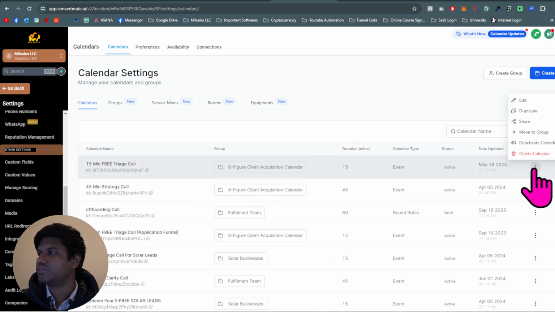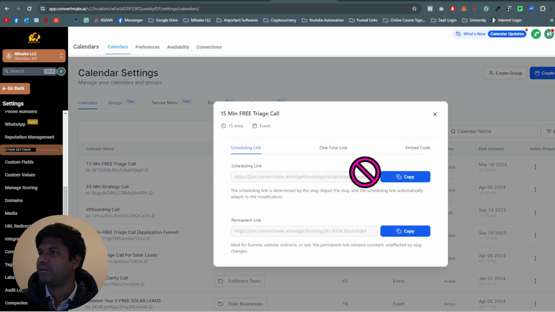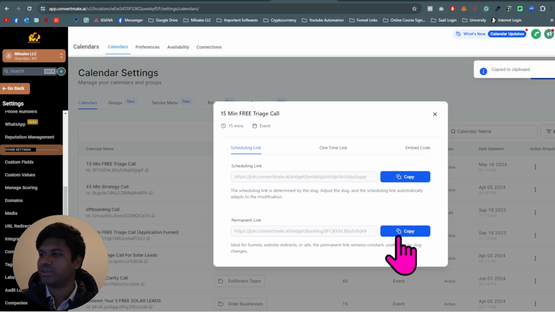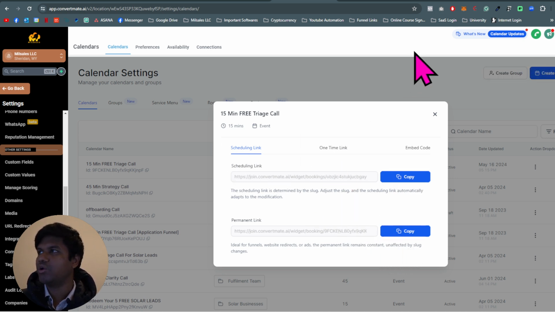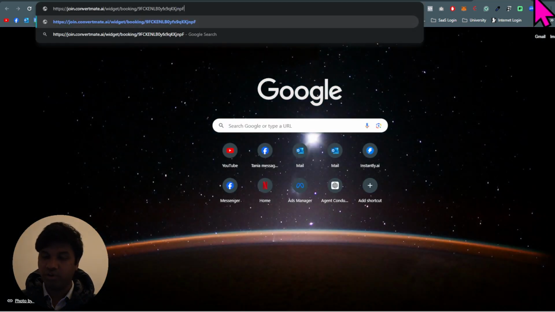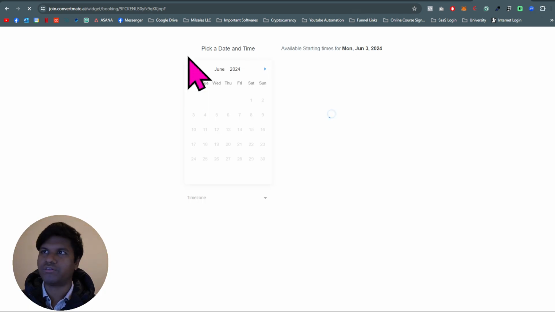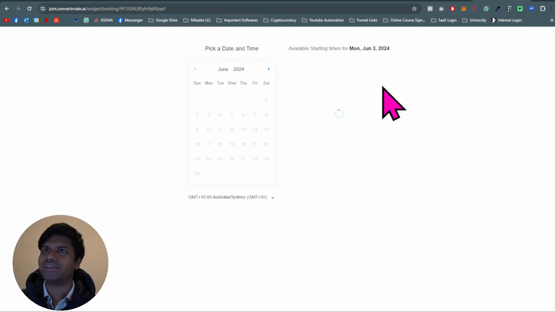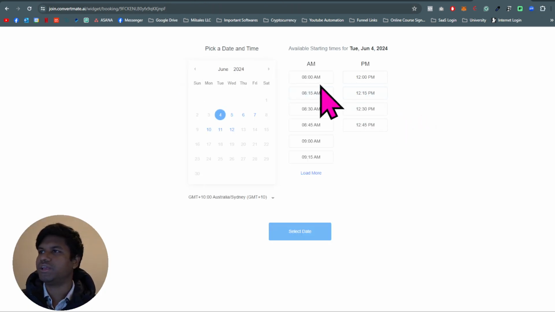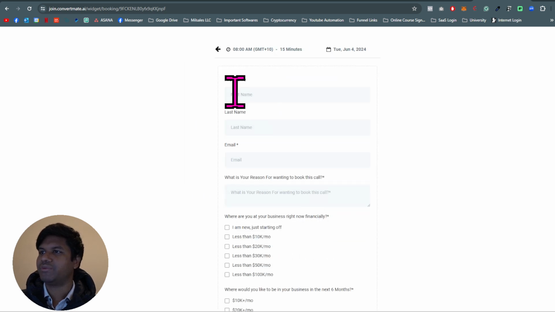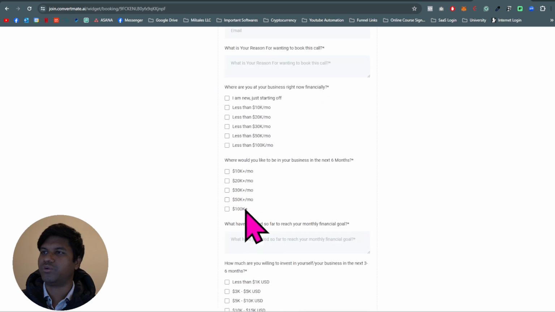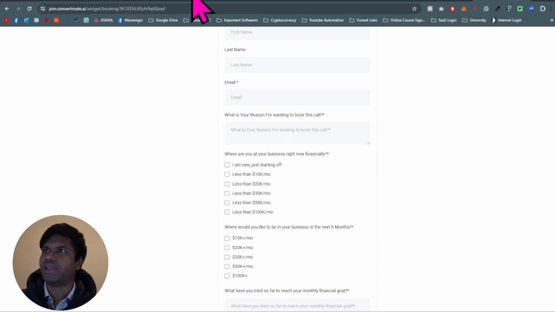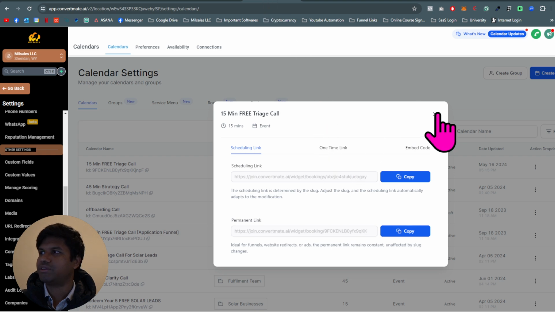If you click on these three dots, you can get share and you can choose how this calendar is utilized. You can copy the scheduling link or the permanent link, whichever works. Both of them work really well. You can send this link to someone directly and they basically pick a time and they answer the questions that you have. So you can see this is a custom form inside this, and the where I have picked it,